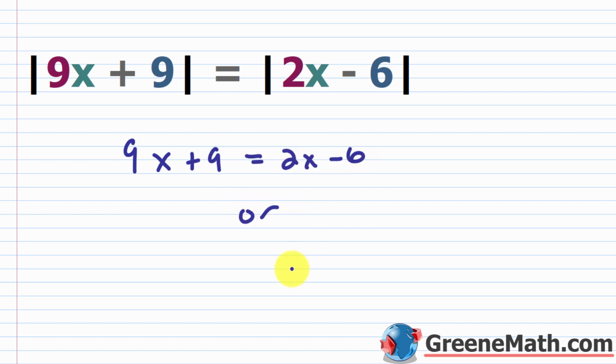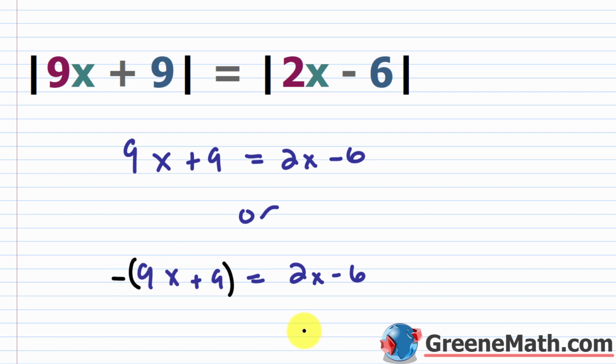Then or the other scenario is I would basically drop the absolute value bars. So let's go 9x plus 9 is equal to 2x minus 6. And I've got to pick one of these. It doesn't matter which one. And I've got to apply a negative to the whole thing. So wrap it in parentheses and put a negative out in front. It can't be that you just put a negative on one of the terms. You've got to wrap it in parentheses and apply the negative to the whole thing